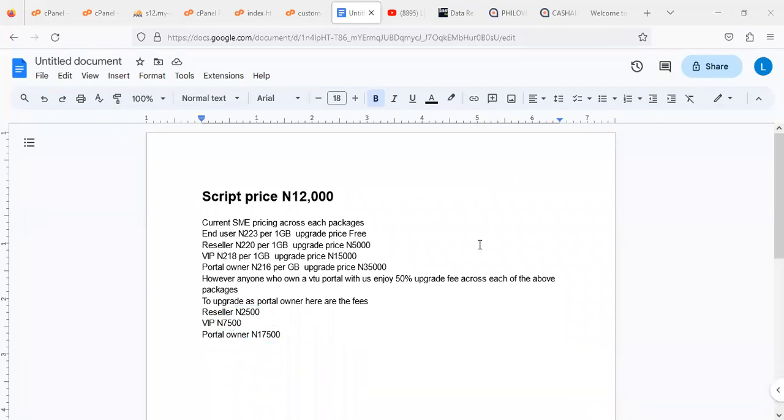setup solution. Now, to get the script means you want to do everything your own self. You want to buy the hosting, design your VTU system, everything. You just get the script and follow my training on this video. But if you say, no, Shedrach, I am not a technical person, can you help me design and develop the system for you? That is when you now come to